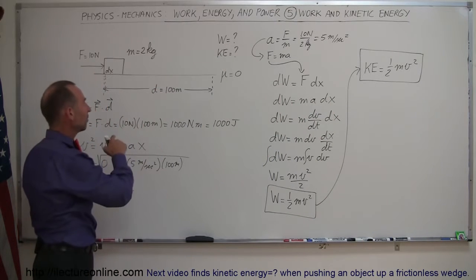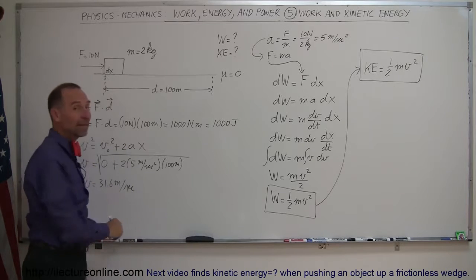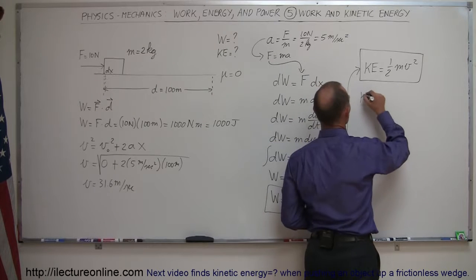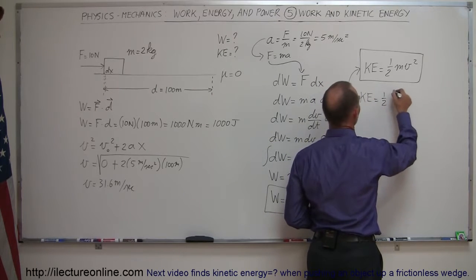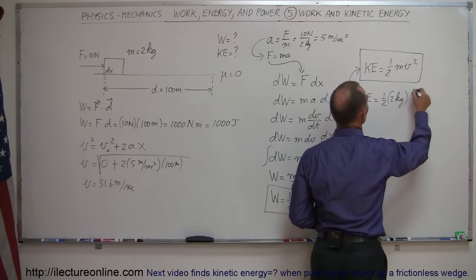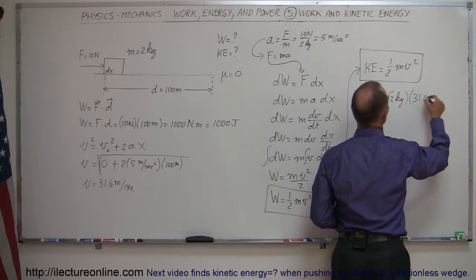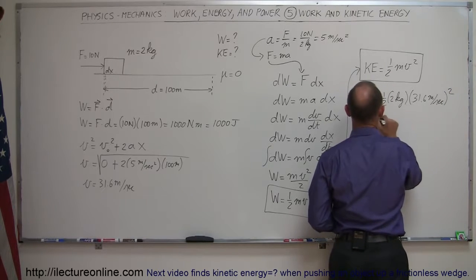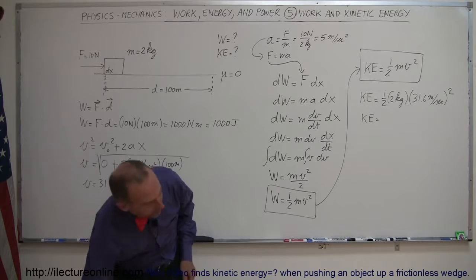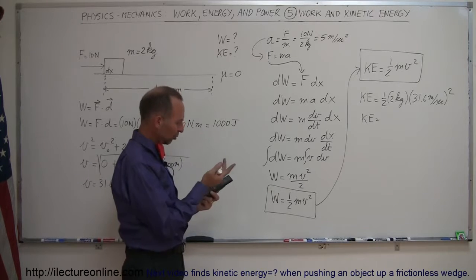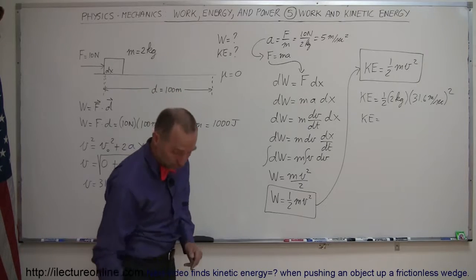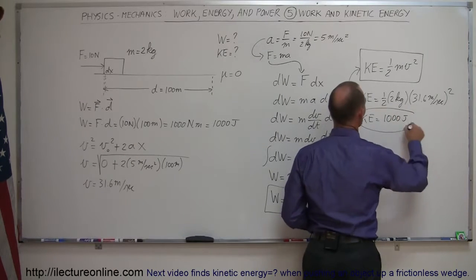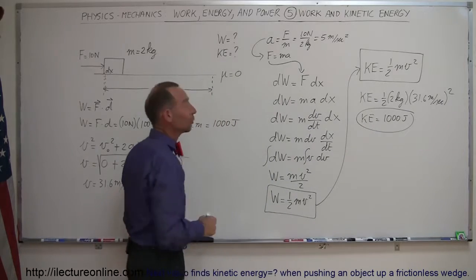If we now plug in the mass and the velocity that we know it obtained, we hopefully should end up with 1,000 joules. So let's find out. Kinetic energy is equal to 1/2 times the mass of 2 kilograms times the velocity of 31.6 meters per second, squared. If we remember right, if we square the number that we obtained before, we should get 1,000 times 1/2 times 2, or indeed, kinetic energy is 1,000 joules, which is what we suspected because we knew that's how much work